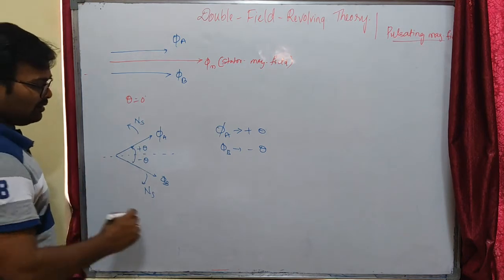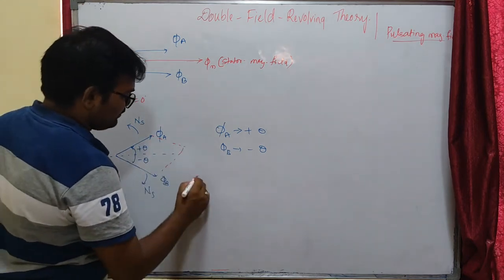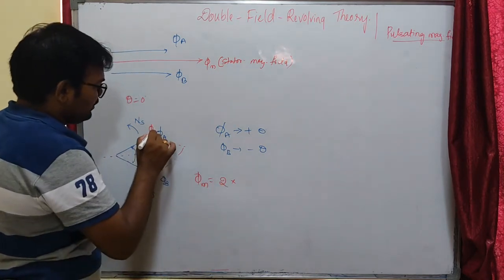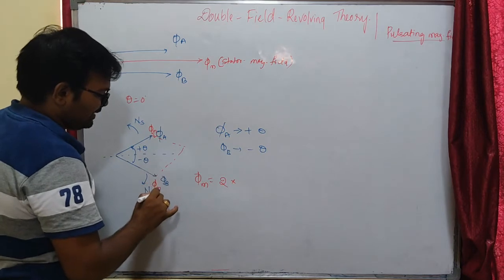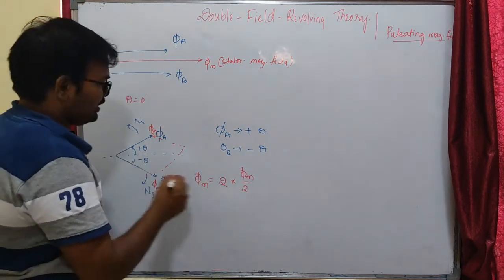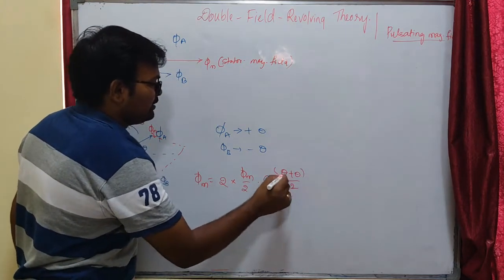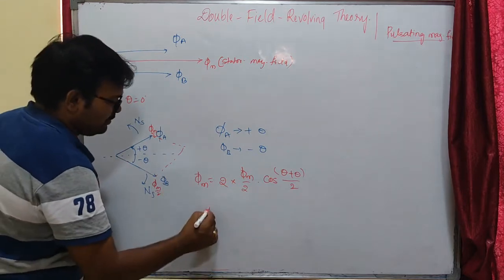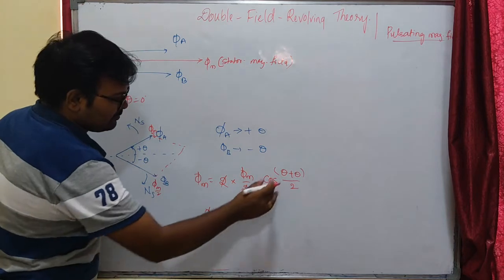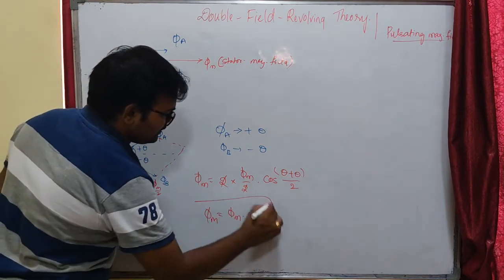Okay, so the net flux in this case will be found by applying the parallelogram law. The magnitude of both of them is phi m by 2. That will become phi m by 2 into cos of total angle by 2, where the total angle is theta plus theta, by 2. Okay, this is the net flux at this condition. The 2 gets cancelled, phi m into cos 2 theta by 2, that will be cos theta. Okay, this is the function here.